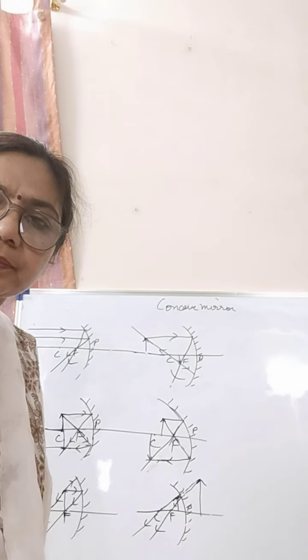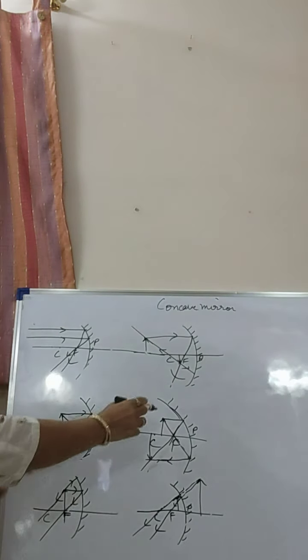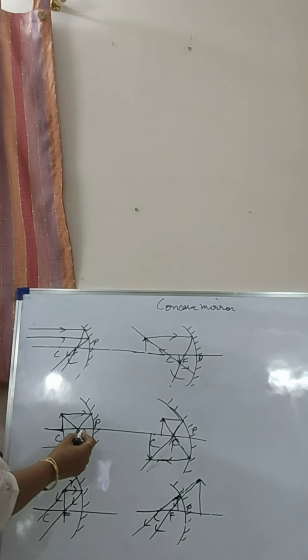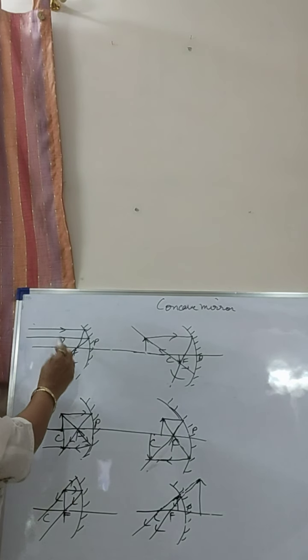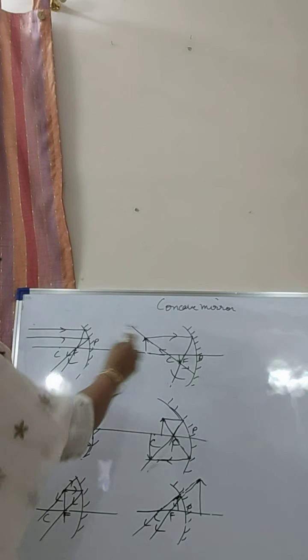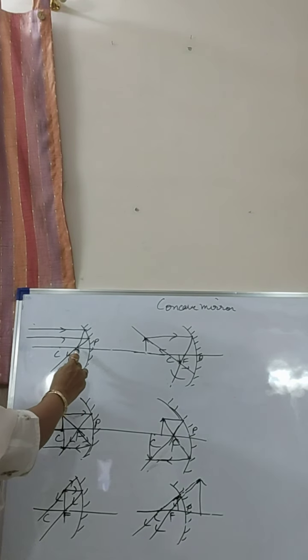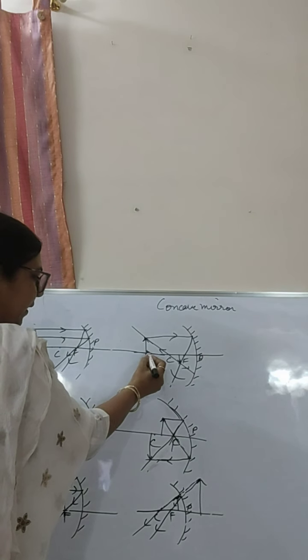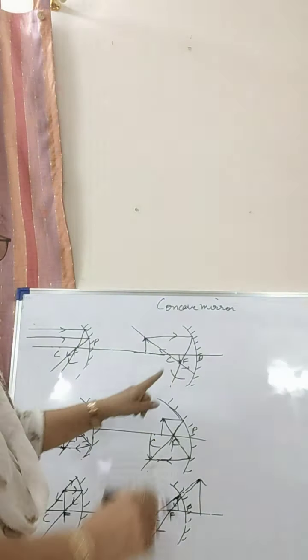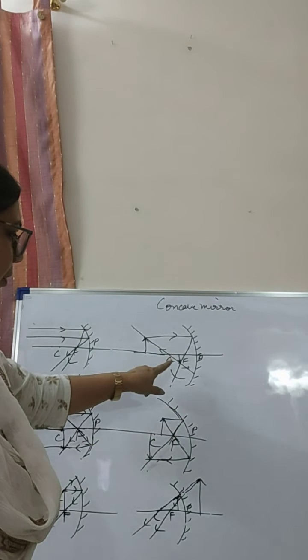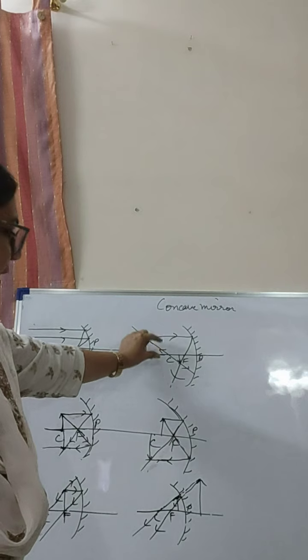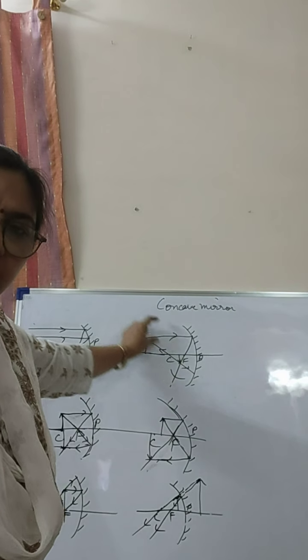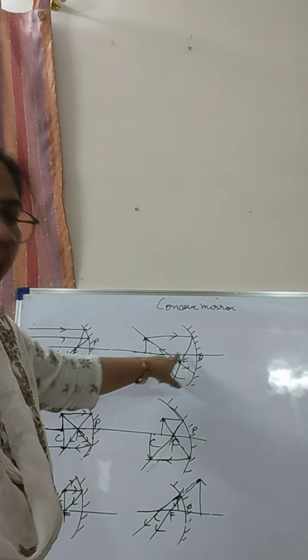Okay, now I have made the other four also. Now in this case I have seen that first, when the object was at infinity, then the image was formed at focus. It was real, inverted, and highly diminished. Second case, when the object is beyond C but at a finite distance, then the image will be formed between C and F. It is again real and inverted, diminished, not highly but diminished. Diminished means smaller than the object, and between C and F.